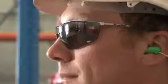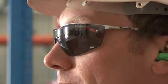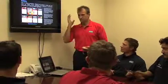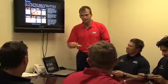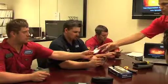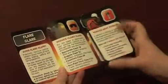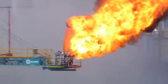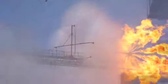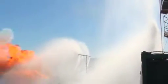And don't forget, staring at a flare will damage your eyes in much the same way as staring at the sun will, so avoid prolonged direct exposure. RigCool are committed to your safety, and all this information is provided in a convenient format on our offshore safety cards, which are made available to all rig personnel before flaring operations commence. RigCool pride themselves on providing the most effective heat suppression safety system available today. Their extensive training, research and modelling combined with real-world experience means rigside lives and assets are protected during offshore flaring